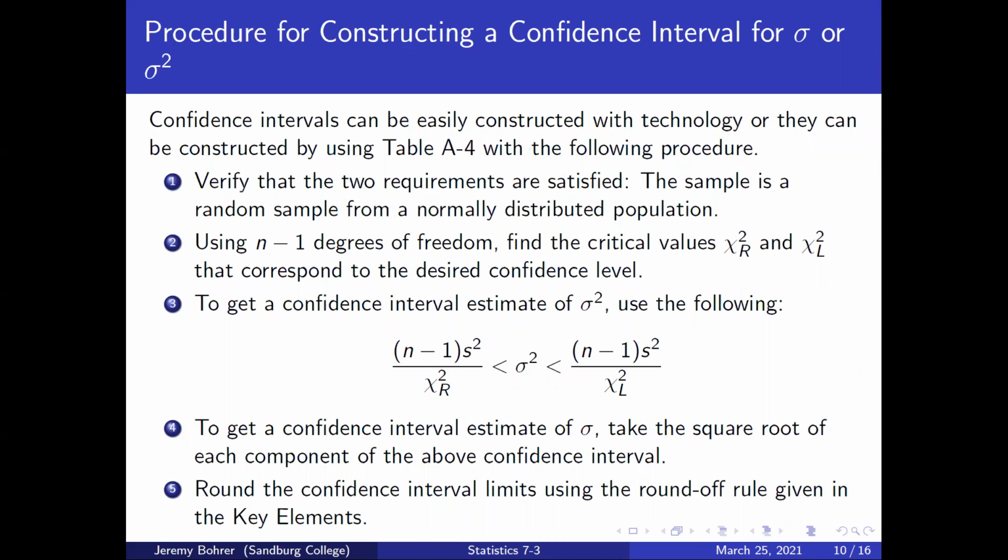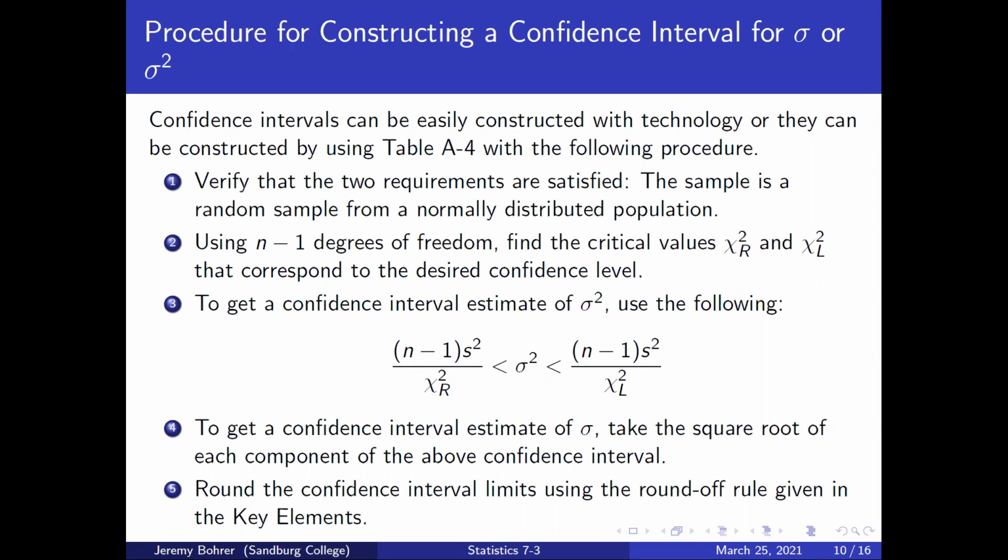Confidence intervals can be easily constructed with technology, or they can be constructed by using table A4 with the following procedure. First, verify that the two requirements are satisfied. The sample is a random sample from a normally distributed population. Using n-1 degrees of freedom, find the critical values chi-squared sub R and chi-squared sub L that correspond to the